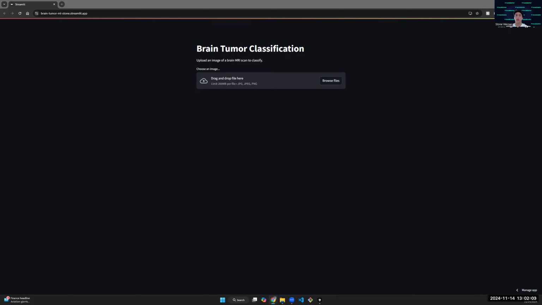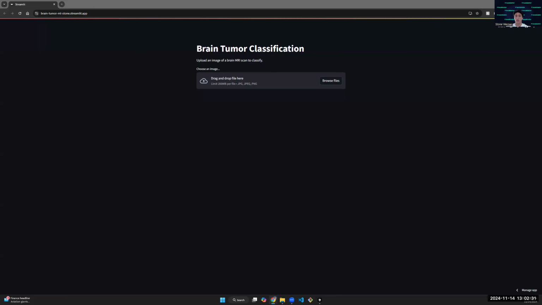So for context, even for a very highly skilled and experienced neurosurgeon, it can be very difficult to identify and classify a brain tumor from a single MRI scan. And that's where machine learning can come in. I've trained two machine learning models to identify and classify brain tumors from a single MRI scan, and it'll classify across three different types: meningioma, glioma, and pituitary. And so this will free up lots of time and energy for neurosurgeons and provide them a powerful tool to